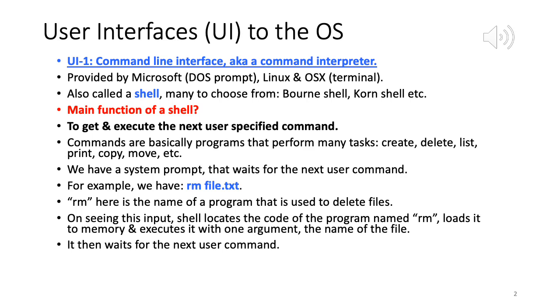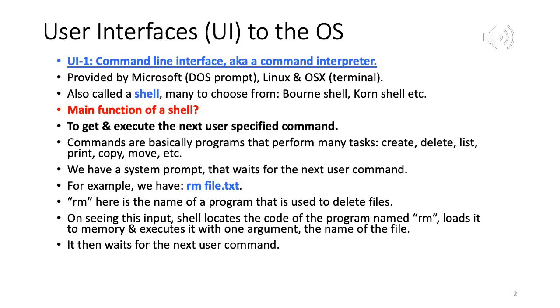Okay. So what is the main function of a shell? Simple: to get and execute the next user command specified. So you can open up a shell and you can type different things. For example, you can type date, right? So if I type that, it tells me Friday, August 4, 9:38 a.m. You can type time, right? Time will give me real, user time, system time. You can type cal for calendar, which gives me the calendar for the current month, August 2020.